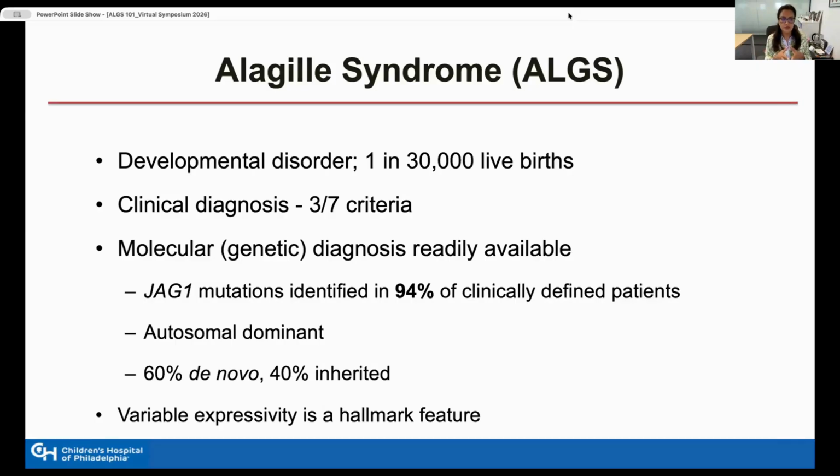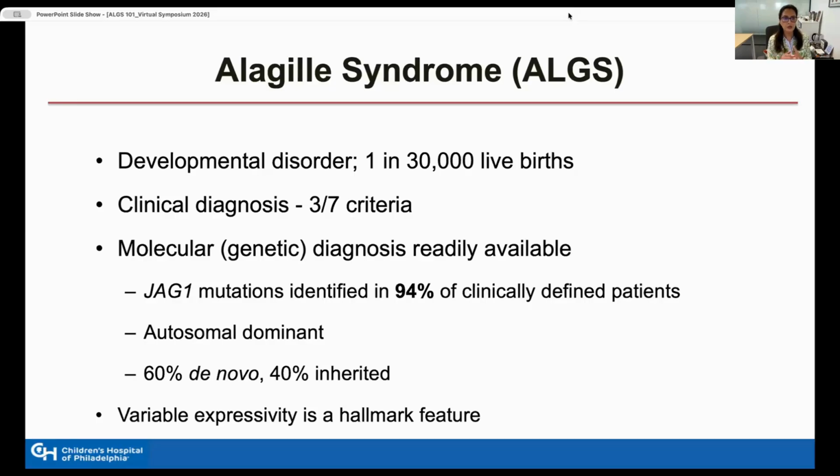We used to predominantly rely on making a clinical diagnosis, and we used to be able to say that if you had particular clinical features in at least 3 out of 7 organ systems, you had Alagille syndrome. But now we rely a lot on making a genetic diagnosis, and that's very easy to do. It's easy because, unlike most rare diseases, where you need 2 copies of a gene to have a rare disease,